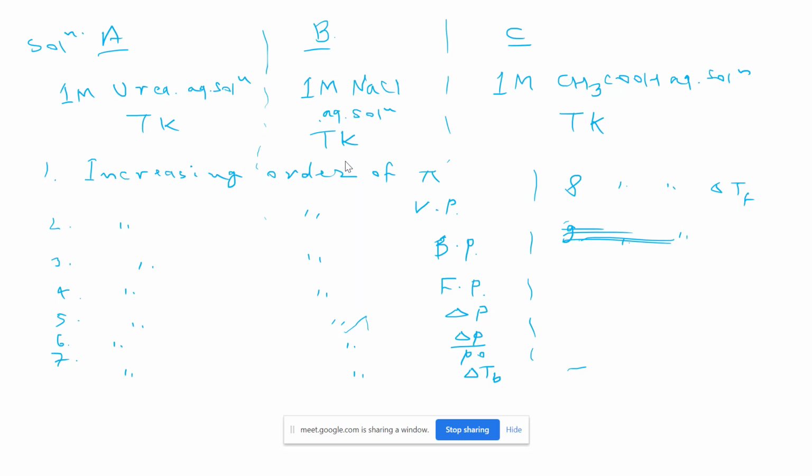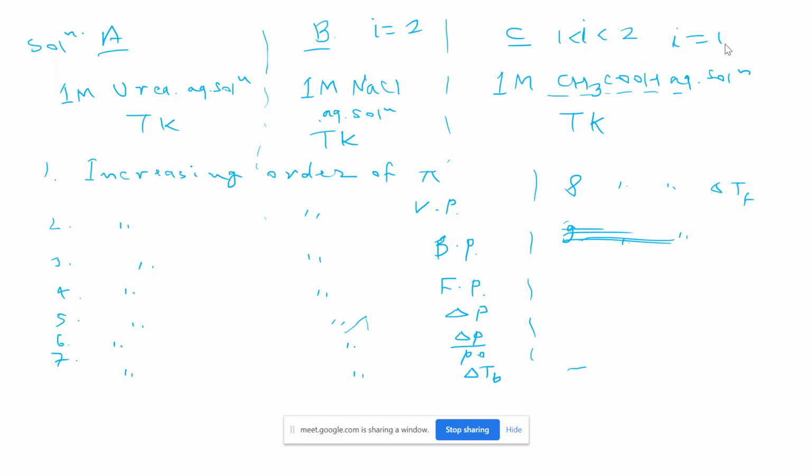Actually, what we are doing is just putting the value of I here. In case of solution B, we can write I equals 2, right? Yes, sir, strong electrolyte, 100%. In case of solution C, I is less than 2 but greater than 1, because it is dissociated but not completely. Like I can be 1.1, 1.2, 1.3, like that. Got it?